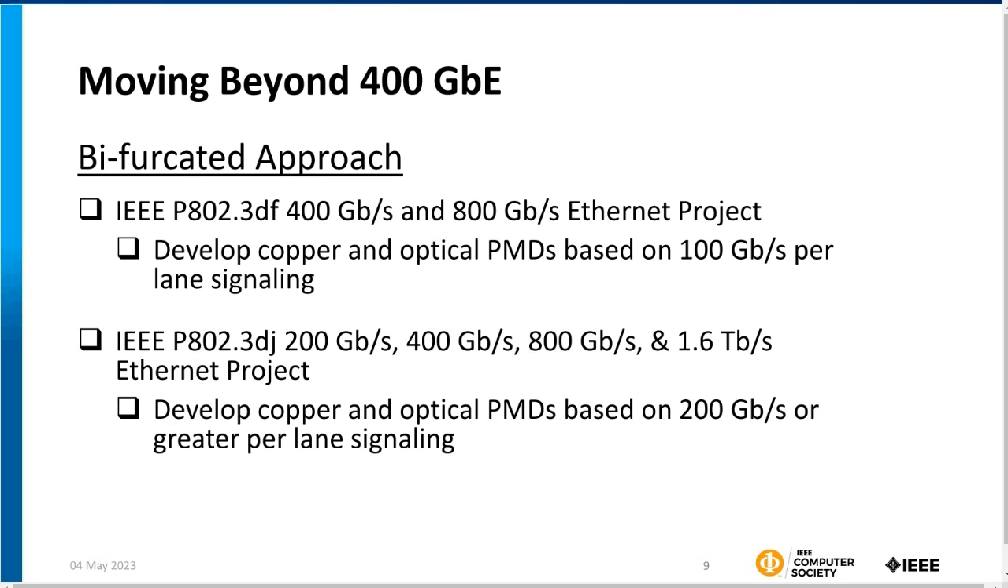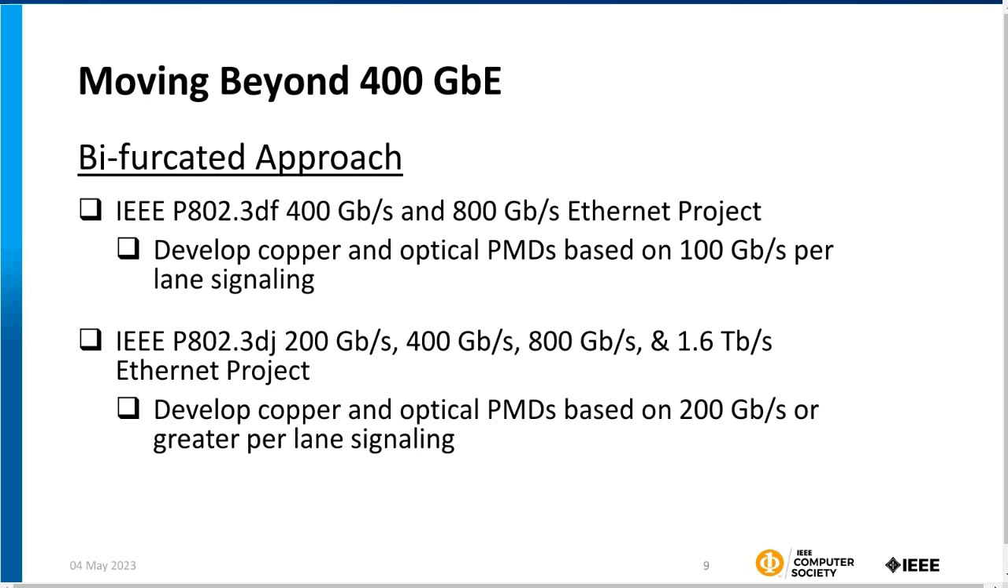So in that case, as I said, we're just changing the number of lanes from 4 lanes to 8 lanes, 8 by 100. So the 802.3df project is actually going to be developing 800 gig solutions based on 100 gig signaling technology, and we're going to be adding to the 400 gig family with some of this 100 gig per lane technology as well. The 802.3dj project is going to be developing copper and optical based PMDs using 200 gig